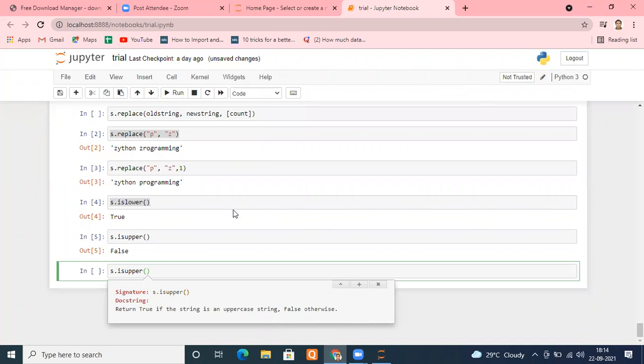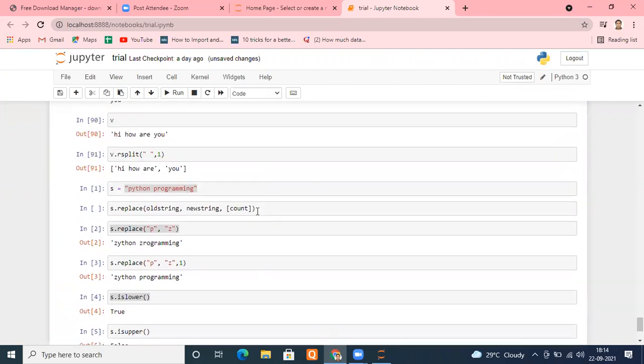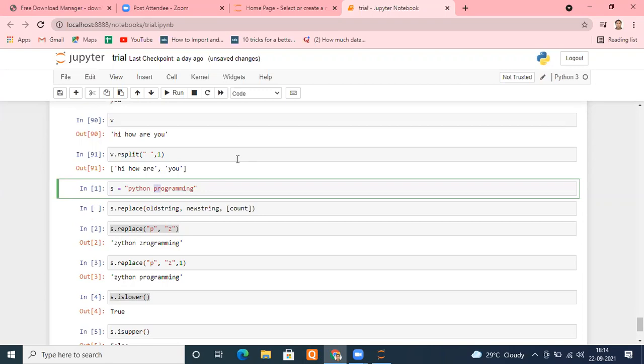Okay, so I'm giving you 2 minutes and giving you the task. You have already studied everything we have done. Try to replace this P with Z, please. Somebody asked, all the things we have already studied, try to replace this P with Z, please do that. I'm waiting. Take 2 minutes. You can take your time. Try to replace the programming P with the Z. The replace function won't help you in this case. Please do that.